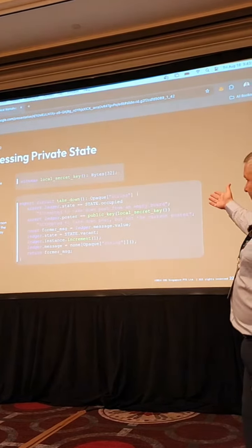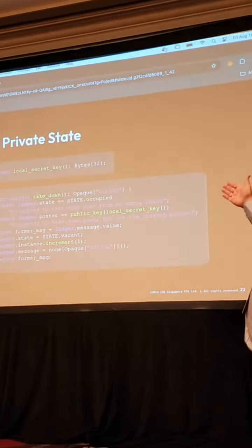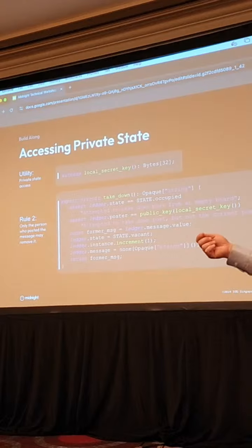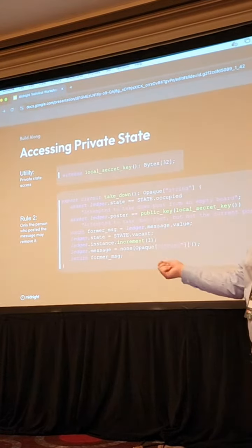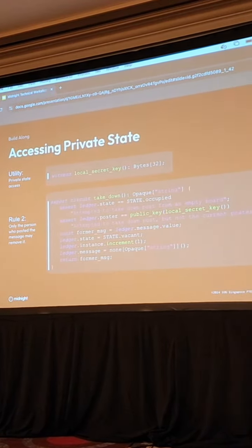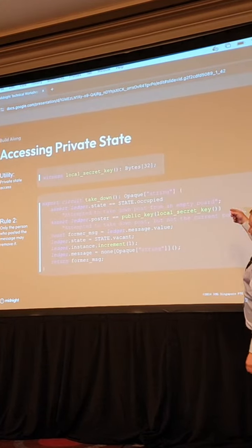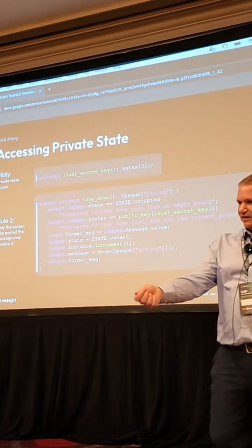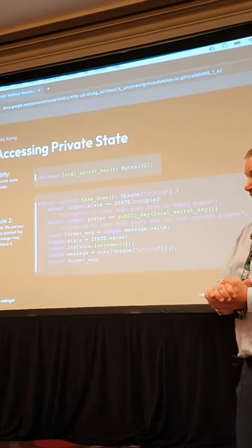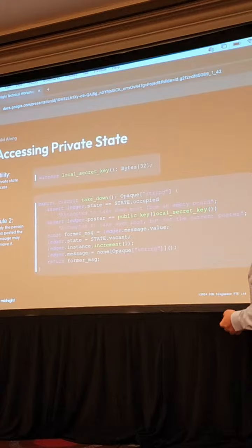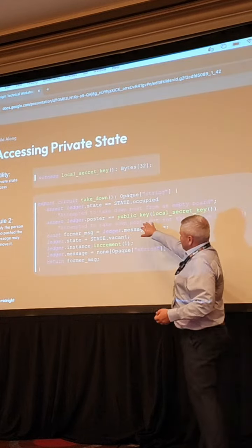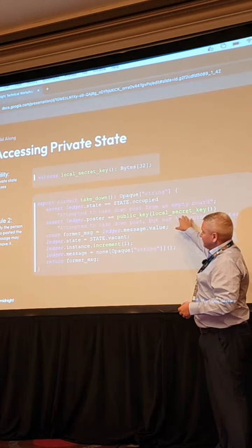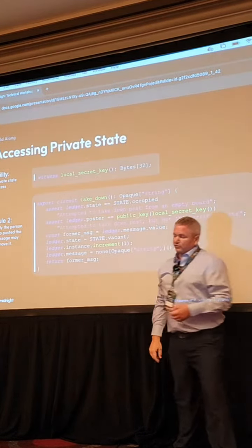The very first thing that happens is you assert that the billboard is occupied. There is something here, right? There's something to take down. And then the next thing you do is you assert that the poster is the same individual that provided the message in the first place. So you use the same computation: you produce your public key based off of getting that local information, and now you can do a simple equivalence check.